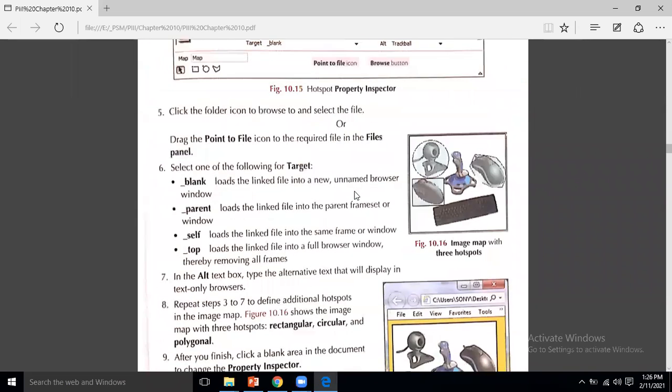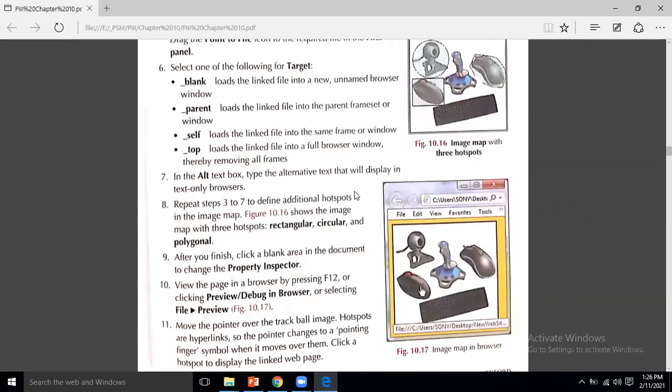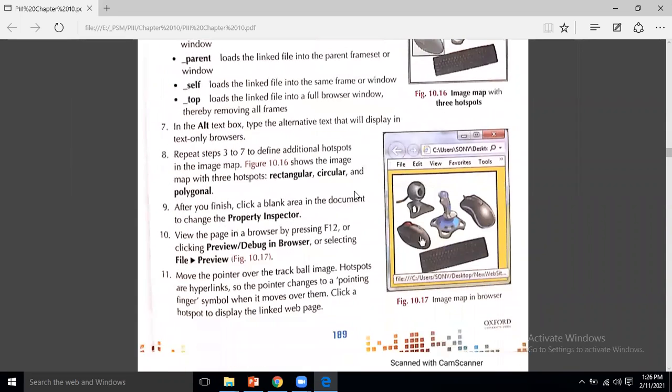In the alt text box, type the alternative text that will display in text-only browsers. Alt text means when the image is not available, the alternate text will appear to show the user in his browser that here is some image which is not supported by your web browser.